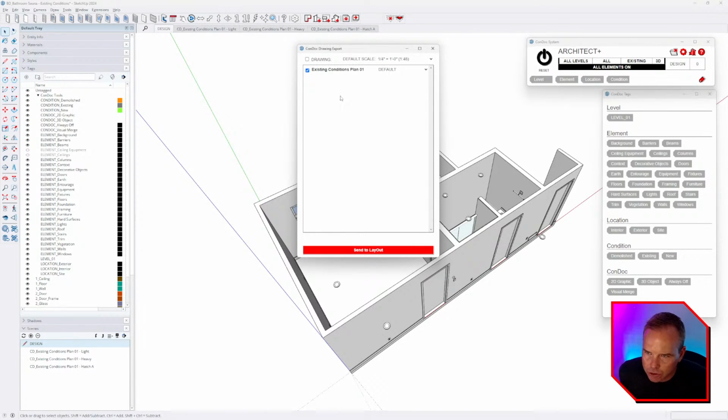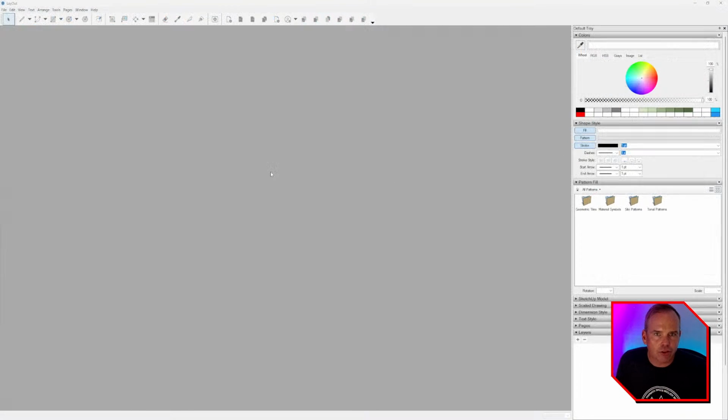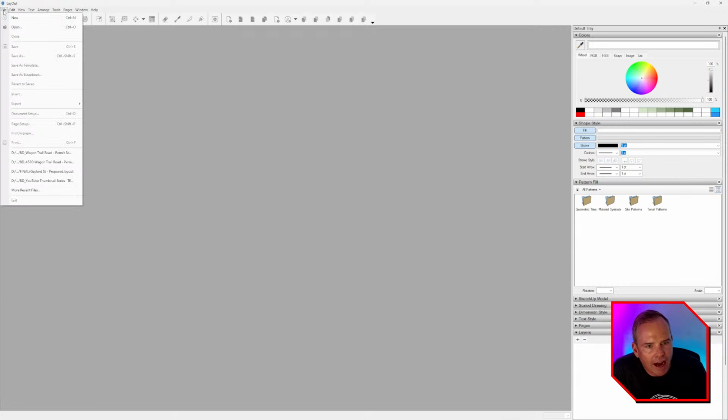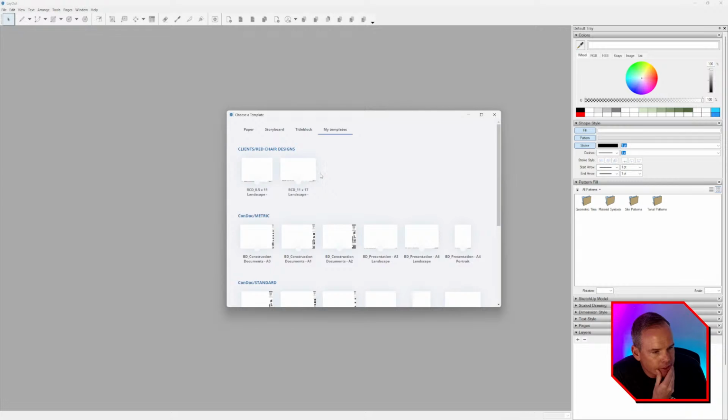So I use the Condoc Drawings export. 1/4 inch is always the scale that I work at. And so it's kind of the default setup over there. And now as I scoot over here, we've got Layout open. So I can go to File and start a new document over here. And we can go to My Templates. And